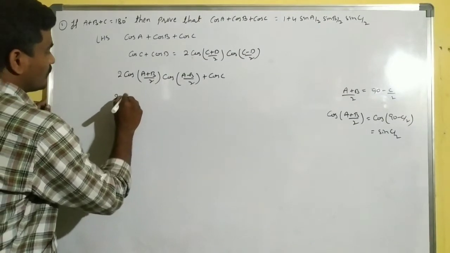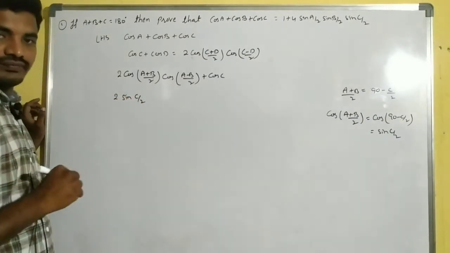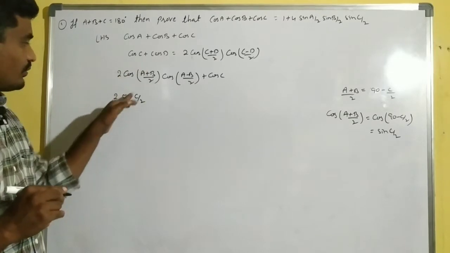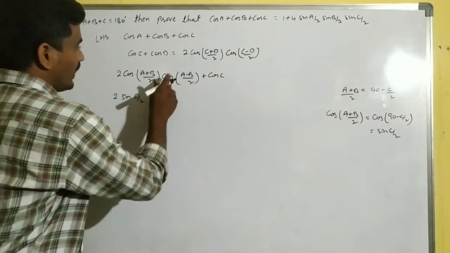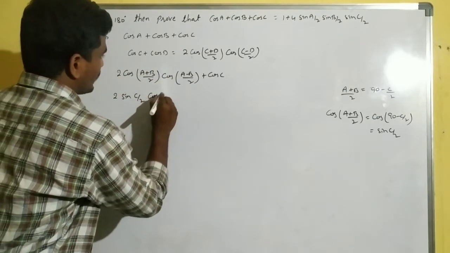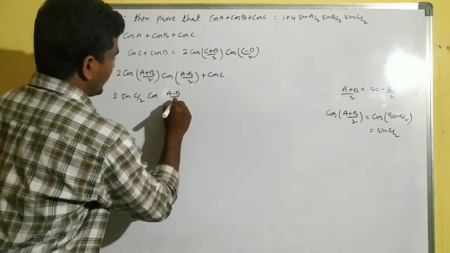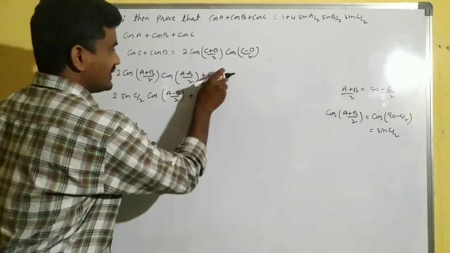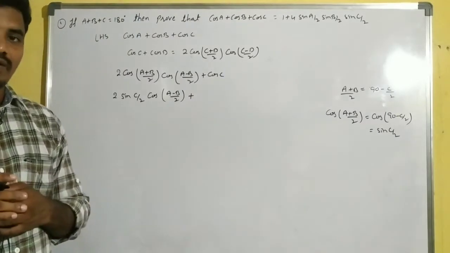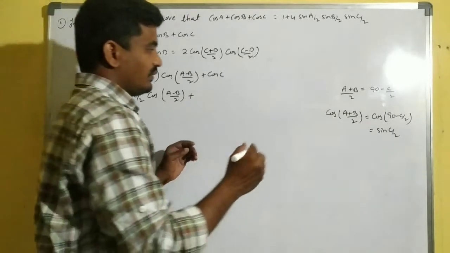2 sin c by 2 cos (a plus b) by 2 equals sin c by 2, and I am writing this as is, cos (a minus b) by 2 plus this. I am writing the submultiple formulas I am going to use here. Actually we know the formula